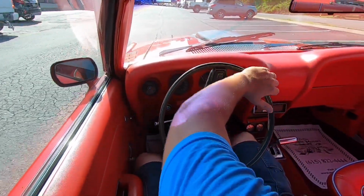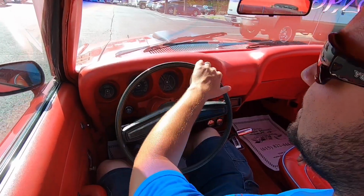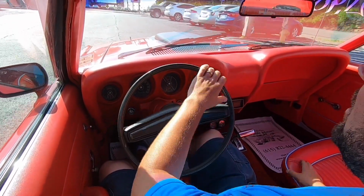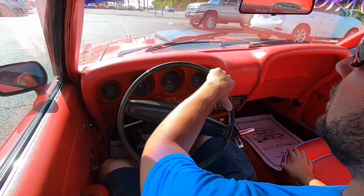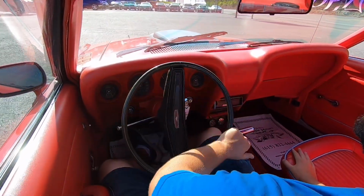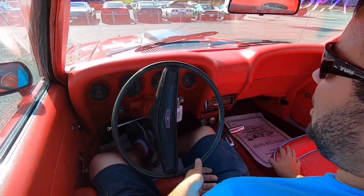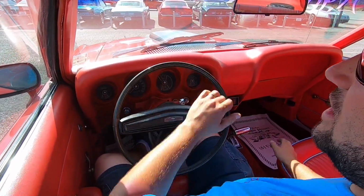I'm gonna head on back up here to the lot. I'm gonna do a walk around on the outside of this car. We're gonna pop the trunk, the hood, check the interior out. That way you get an all-around description of this car. You got the test drive, then you can do your walk around, you know everything else about it. So hopefully y'all keep watching these videos and stay informed on the classic cars. I know we sell a lot out of state, so